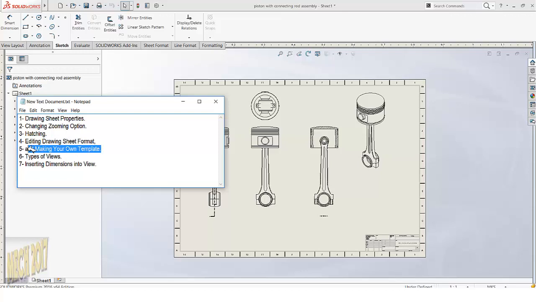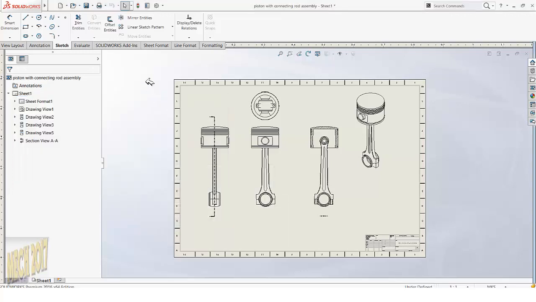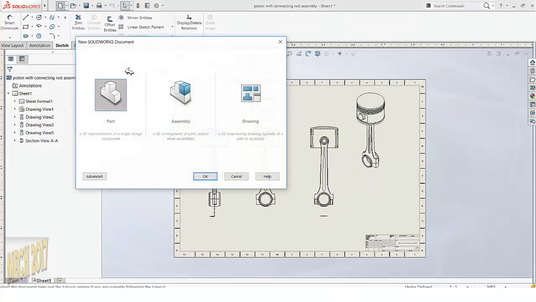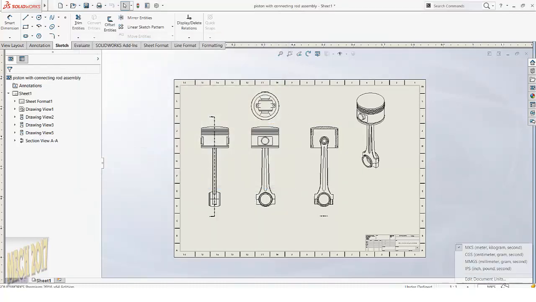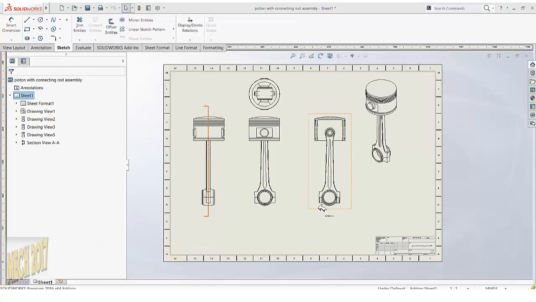What is a drawing template? When you say I will open a new drawing, actually you are opening a template. This template has properties that you use. Here we use meter. Okay, we can change it to millimeter, and save